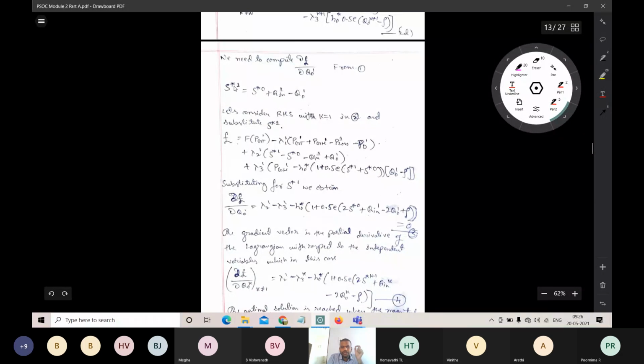I am just substituting S star 1. I replaced k equals 1 in equation 2 and substituted this equation for S star 1, because we need to know the amount of water stored at the first interval. So for that S star 1, I have just substituted S star 1 here, in this place. So you will get,